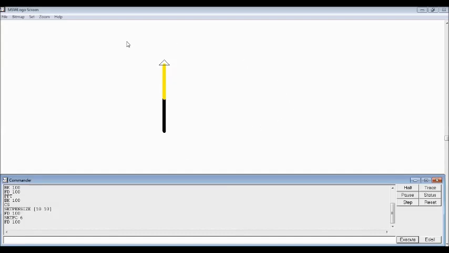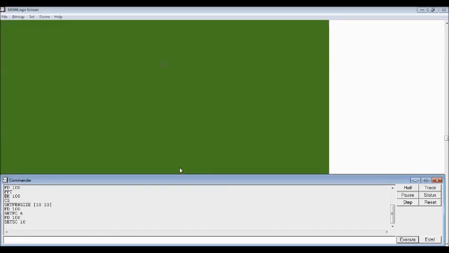And at the same time, if you want, you can change the color of the background as well. For doing that, you will use the command set screen color, SETSC. Give a gap and then type the color code in which you want to change the background of the drawing. So I have given 10 here. Press enter. Can you see? The background color has been changed. Now your background is green in color, your pen is yellow in color, and whatever you are drawing is appearing yellow on green.